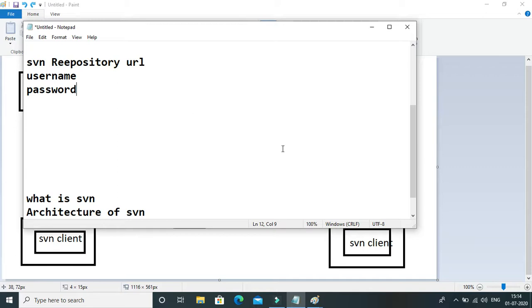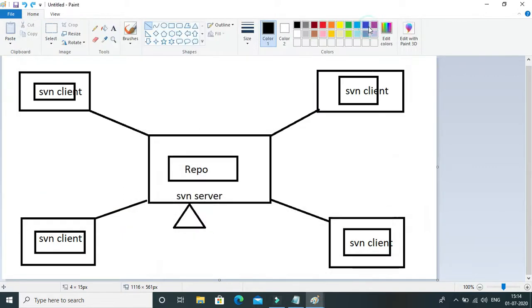We don't need to install and configure the SVN server. The SVN admin people will do the SVN server work.